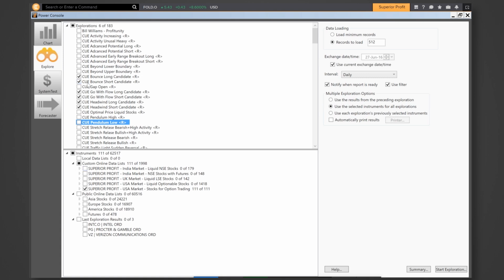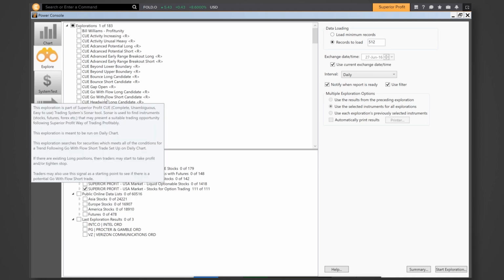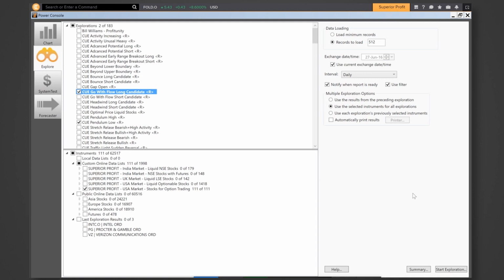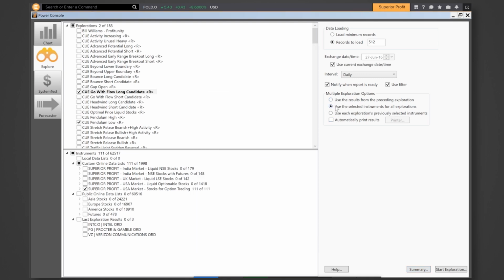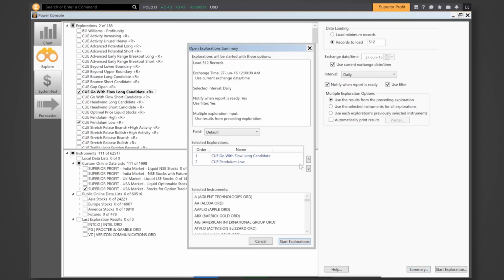Like that you can select a potential long entry in a pendulum low stock. There are other ways. You can actually select multiple explorers. So for example, I choose pendulum low, and then I choose go with flow long. So I am trying to look for go with flow long opportunity in stocks which are at pendulum low. And if you go to summary, you have this data, but before that, here you have a radio button on the right hand side of the panel: use the results from the preceding exploration. If you choose that and go to summary,